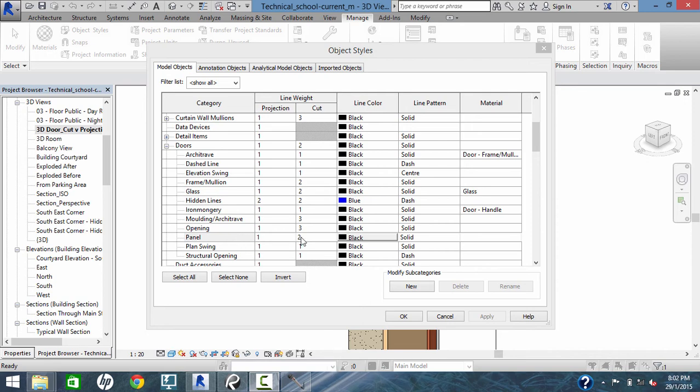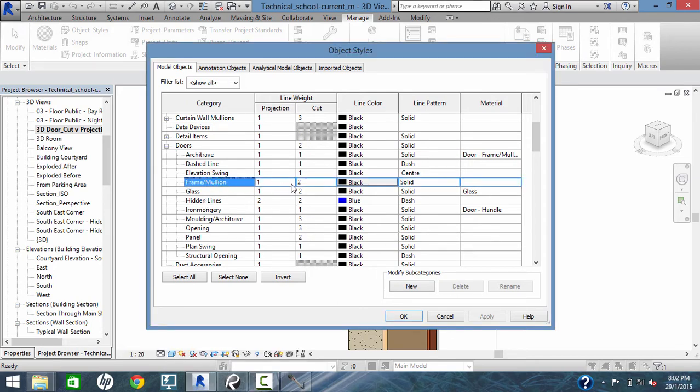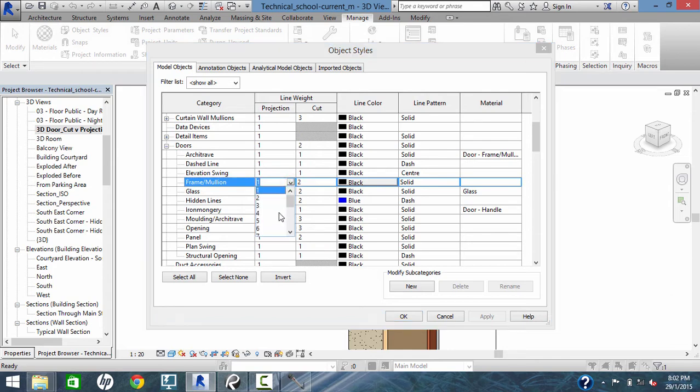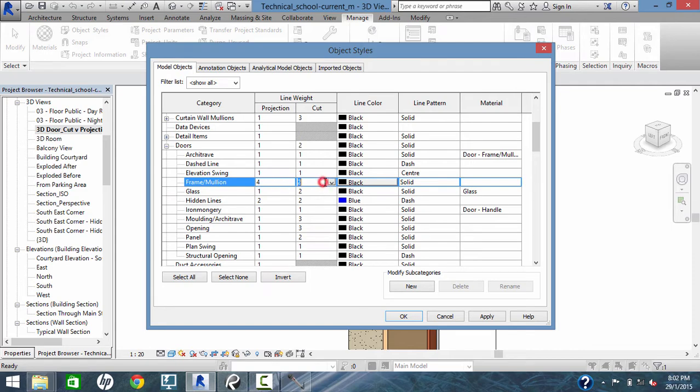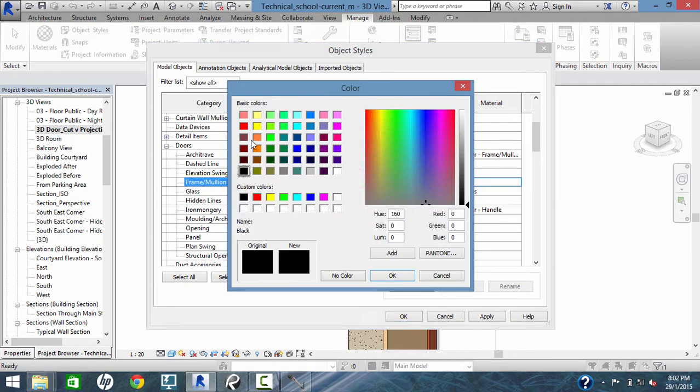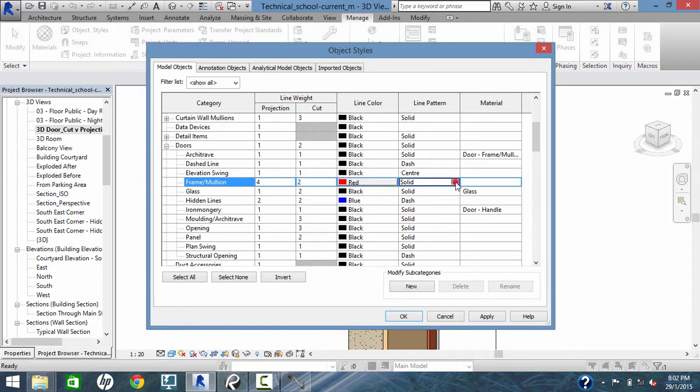to be purple and the pattern to be dashed. But the cut lines, I want those to be blue. And I want them to be very, very thick. And say OK. And using this local override now, I can do something like that. So you get a little bit more flexibility when you go for local overrides rather than for full